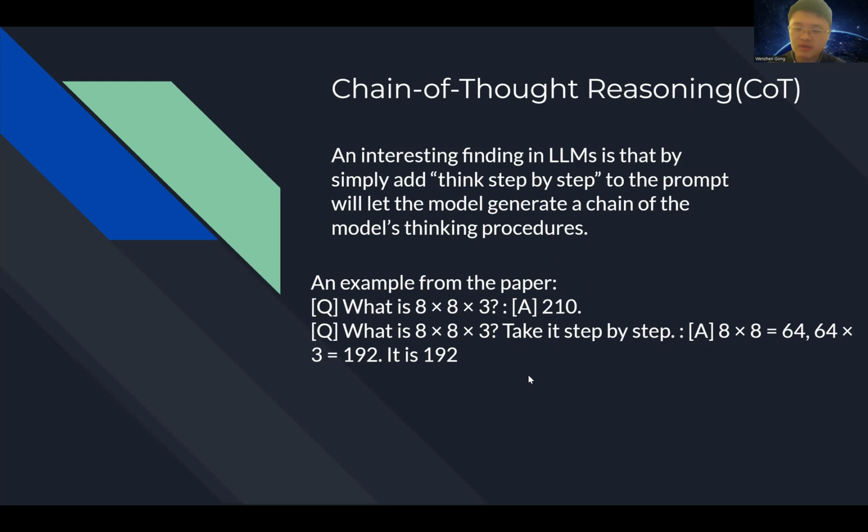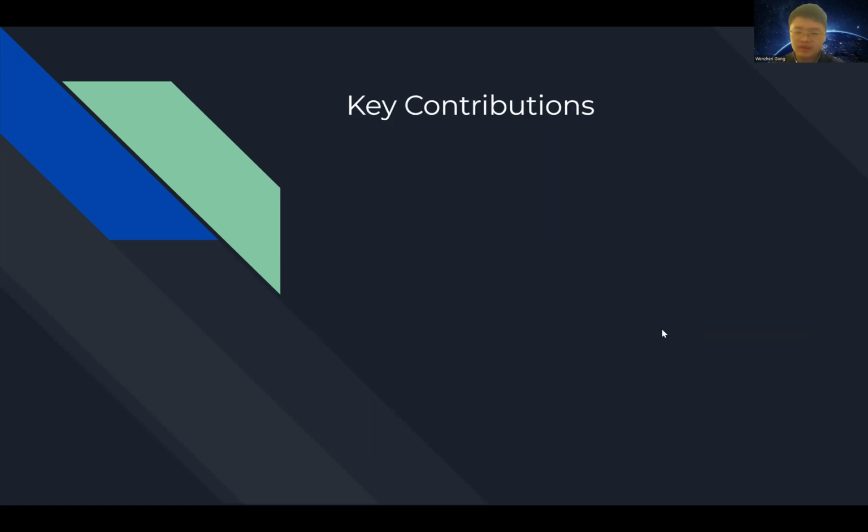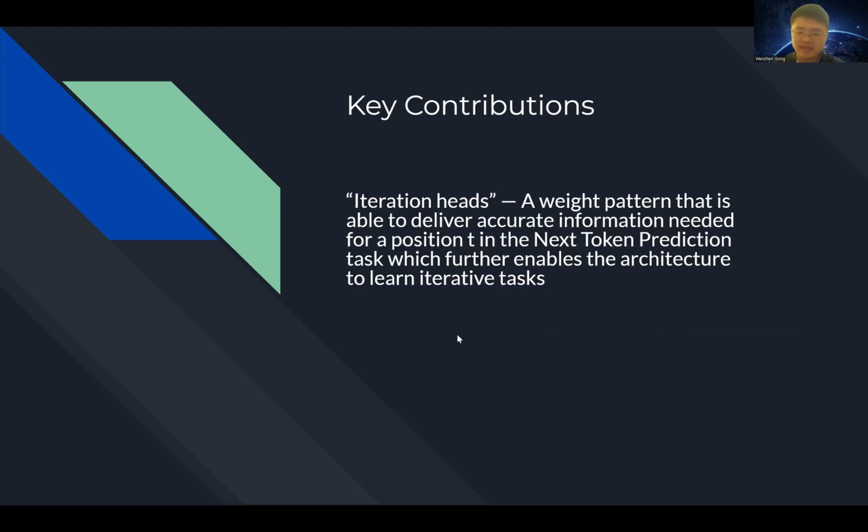What this paper is interested in and focuses on is how exactly this chain of thought reasoning capability emerges in large language models. There are two main contributions in this paper. The first is that